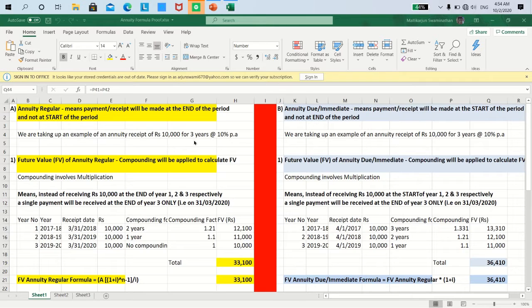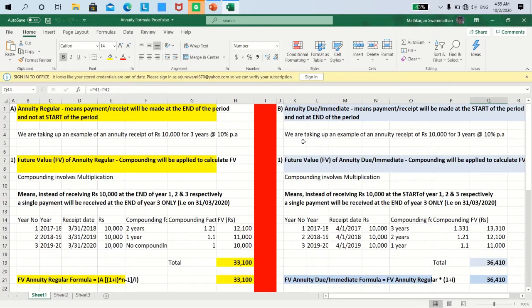Now, in this Excel sheet, you might be observing that there is a column I on the screen which is completely filled up with red color, which I am highlighting now. The reason this column has been highlighted in red color is that the sheet is divided into two halves horizontally. The left hand side, meaning to the left of the red column, indicates discussion around annuity regular, and to the right hand side of the red column I, what we will be discussing will be completely dedicated only to annuity due or immediate.